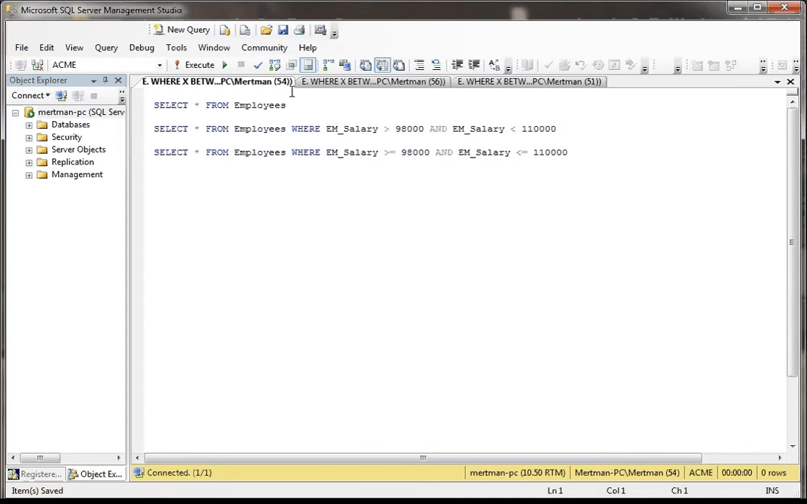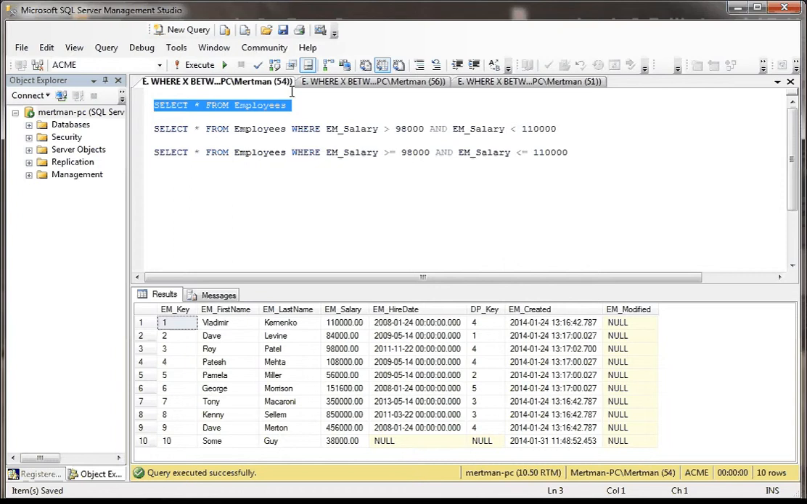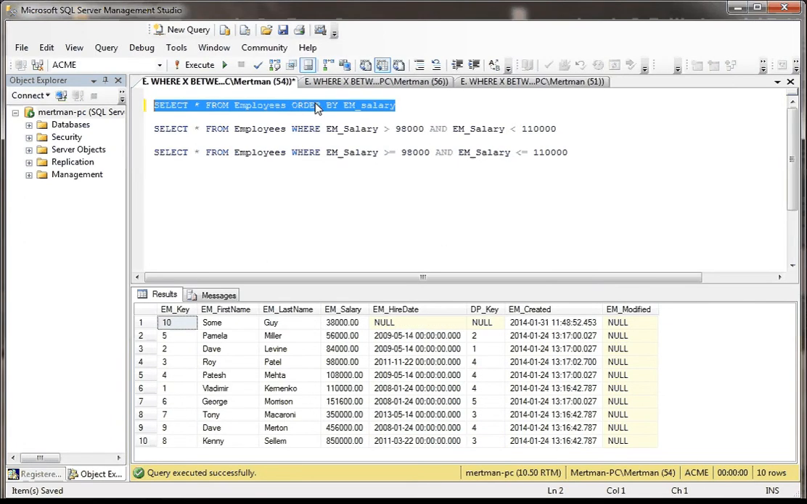Let me just start off by doing a select star from the employees table. And as you can probably imagine, and you know what, let's just do this for ha-has. We'll order by the EM salary. Alright. You can see that people here make anywhere from $38,000, that's probably just some guy, to almost $1 million,